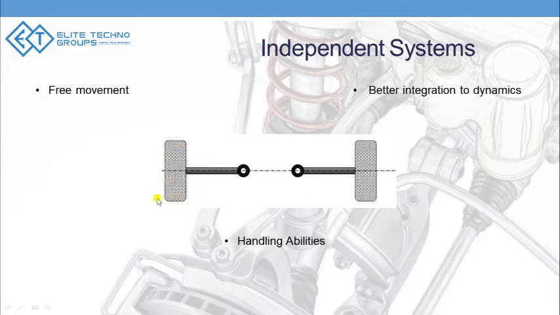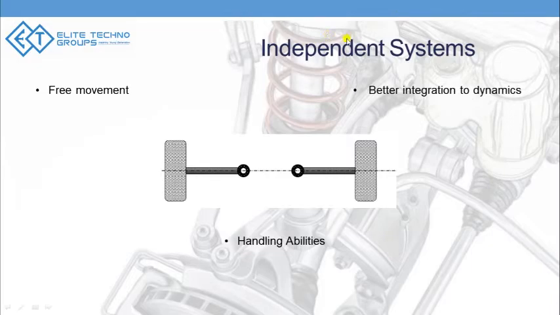So this has much better handling capabilities, because essentially, your road contact patch will totally depend on what the road surface is like underneath that wheel, but not the other wheel. So it's completely independent of how the road to tire interaction is for the other wheel, and it has a better integration of dynamics. For example, with a degree of freedom, these wheels have much better dynamics of taking the load conditions and also interacting with the road surface in a much better fashion. So this is why nowadays all the cars use independent suspension.